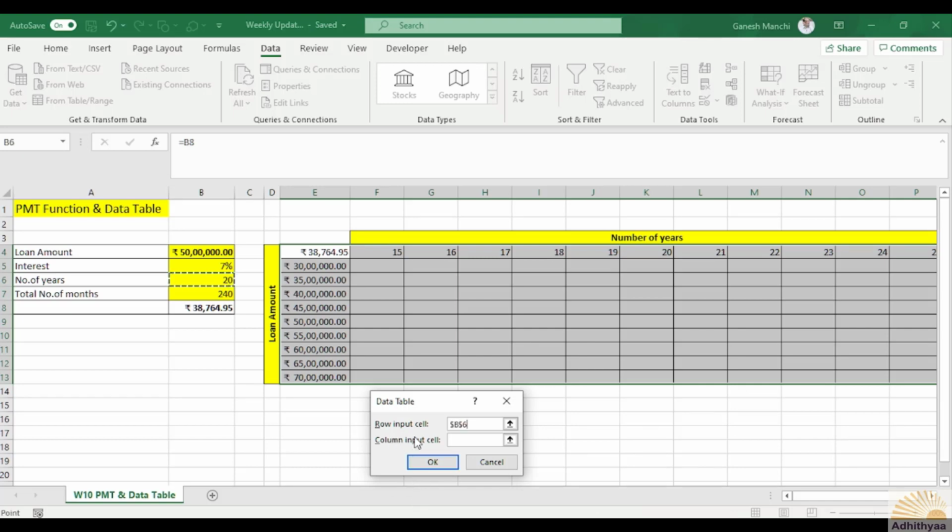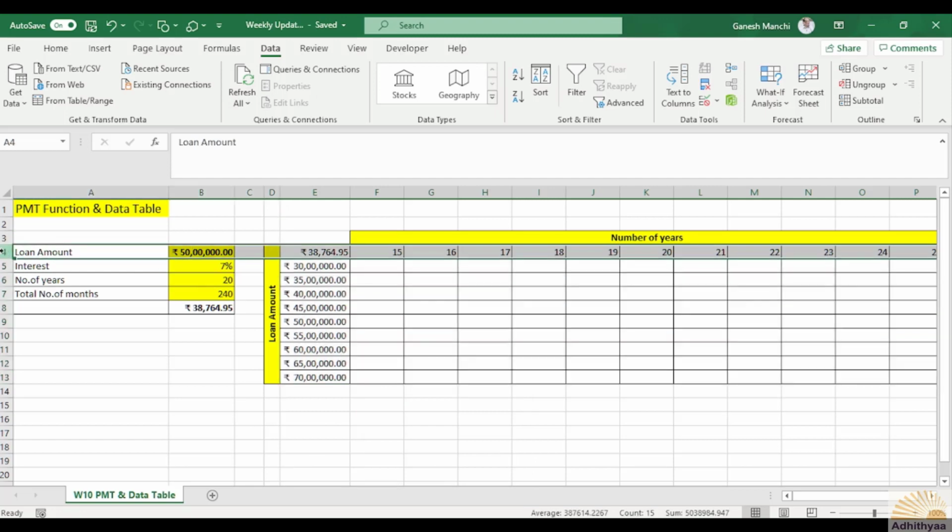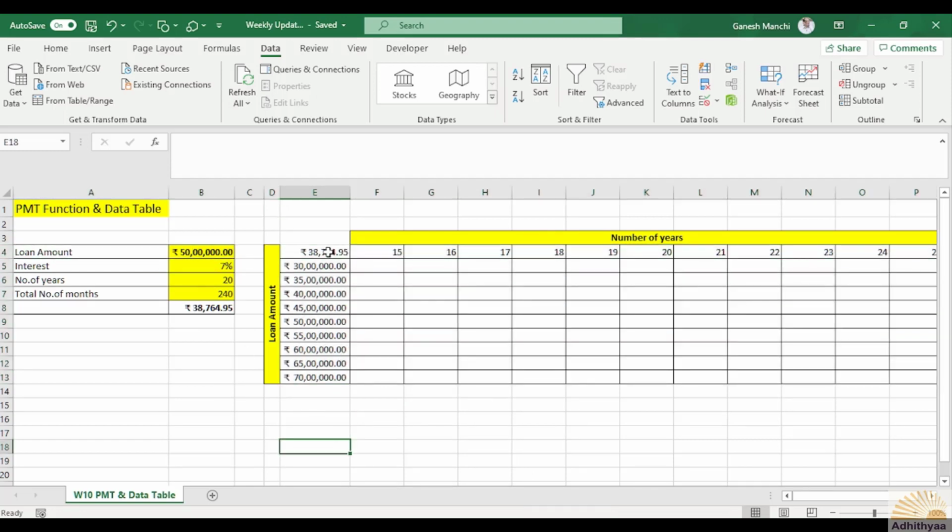And then column input cell is the loan amount, that is B4, right? Be careful while you choose the row input cell and column input cell. This is column, okay? This is column and this is row, okay? Right, it has cleared it off.